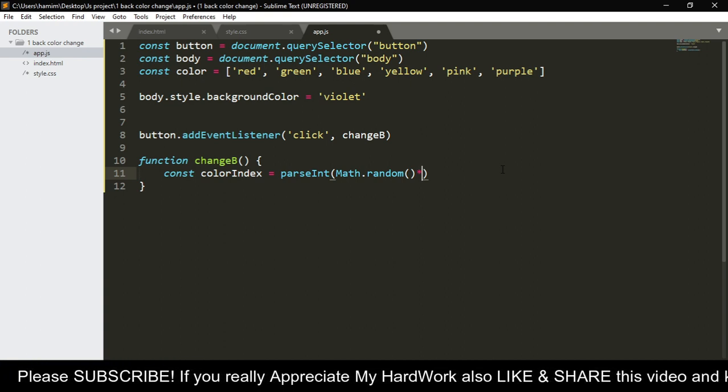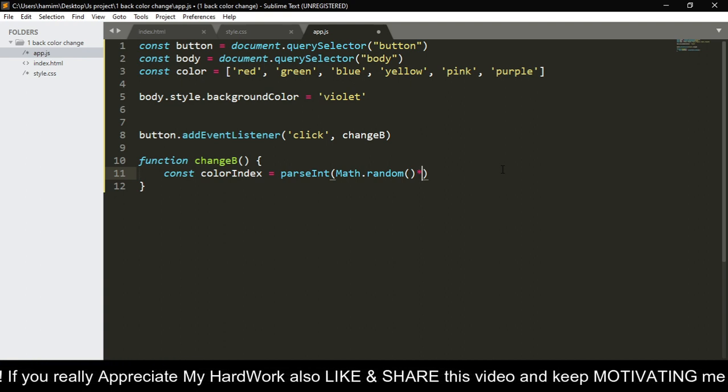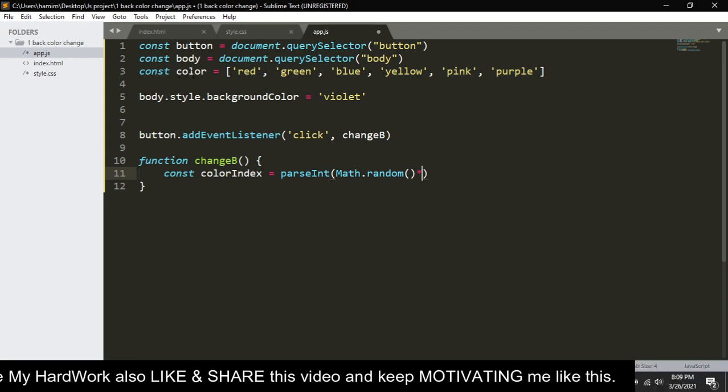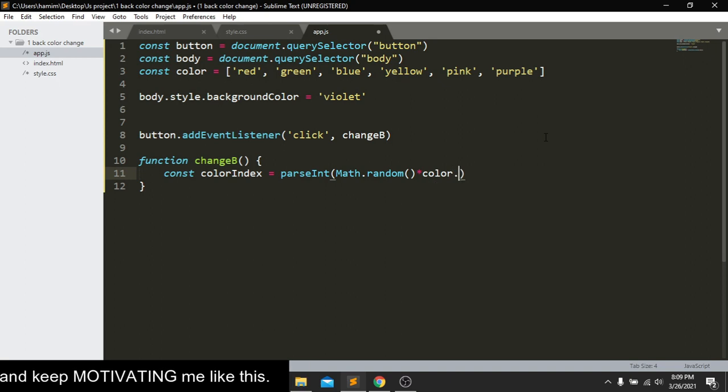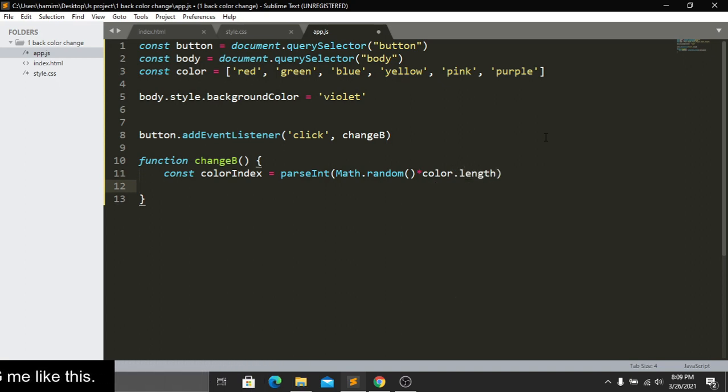And now which values do I want to take randomly? I want to take the values of the colors here, so it will be color. That's it. And it will be length. That's it. And now we have to change these things in our CSS also. So here we have written a CSS code, so I'll just copy this one from here and then paste it here. But this time the color will change. The color will be taken from this Math.random function, and this function is actually stored in our colorIndex.